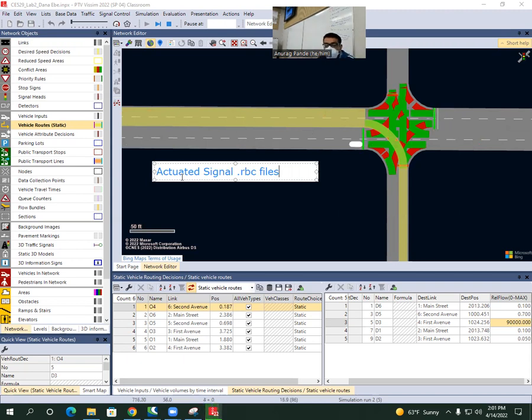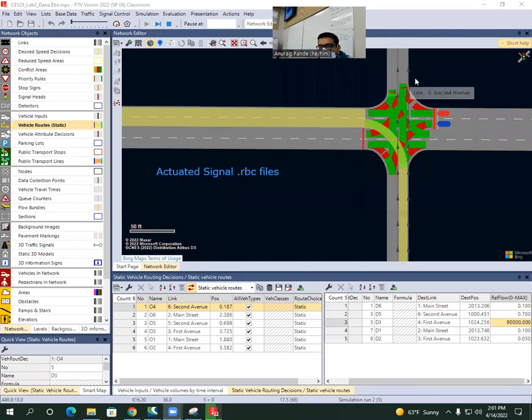Okay, so now the last thing I want to talk about, and that brings us back to this lab. I want to clear all the drawing here. The last thing I want to talk about for this lab is